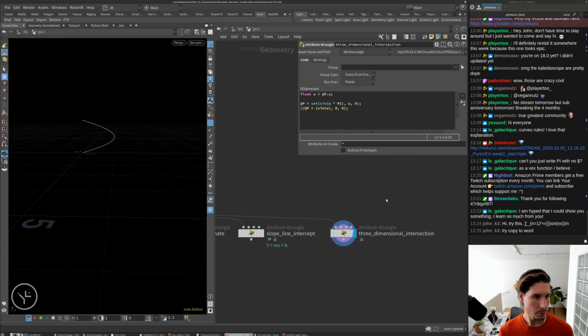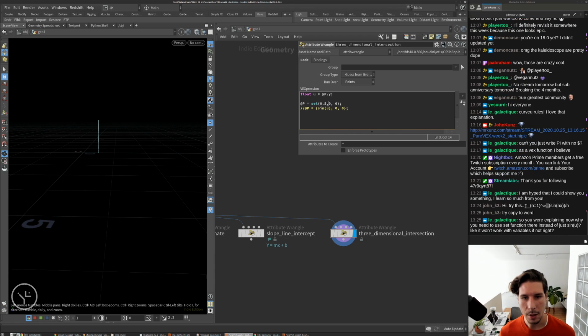And what you can use this for is your 3D position that this line will intersect the axis or the plane with. So we'll say x coordinate will be 0.5, y or height is going to be 0, and